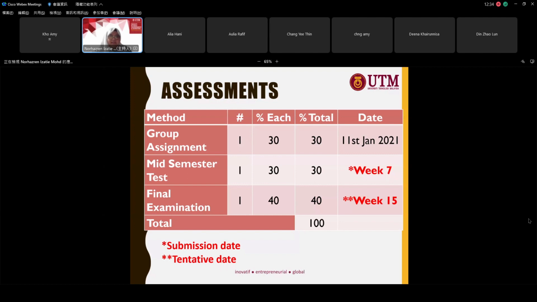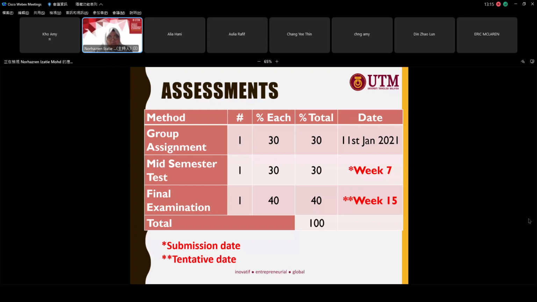And saya rasa pernah je ada student last semester dapat 98 markah, dia A+, because they did their group work and mid-sem very well lah. Then final exam, of course you can score from that, but if you manage to get at least 50 as your carry mark, A is in your hand lah before you enter the final exam. So I really hope that you can manage your group assignment,